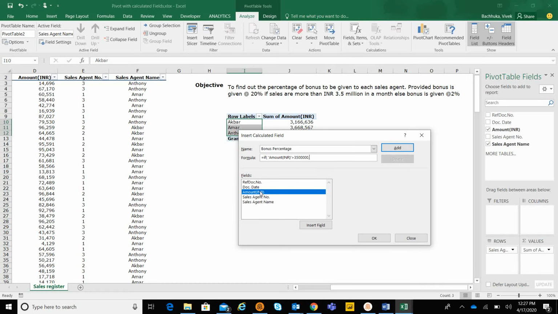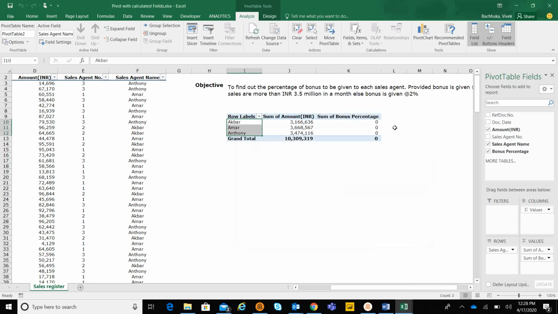We will later select it as percentage. Percentage is basically 20 by 100, so it's 0.2, comma, and if it's not more than 35 lakh, we want it to be 2%, that is 0.02. Bracket close.